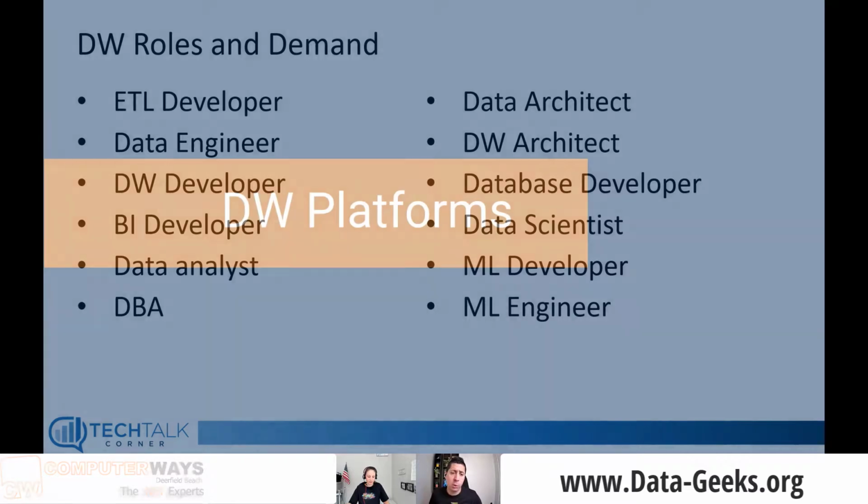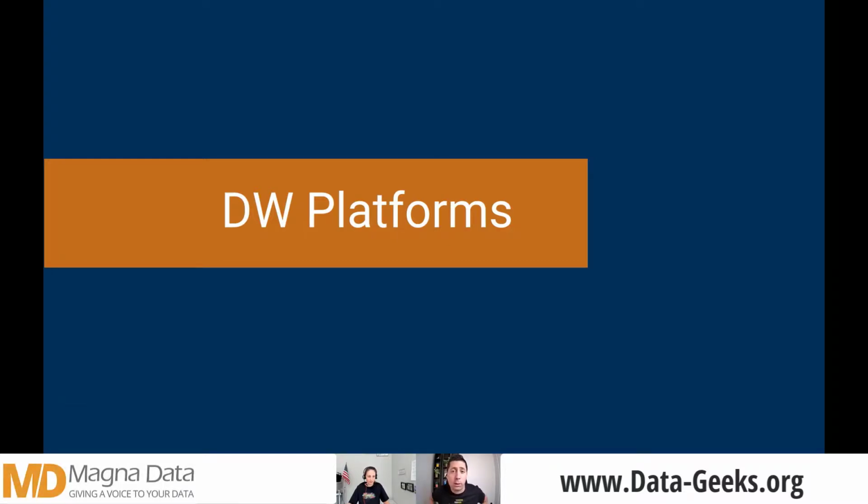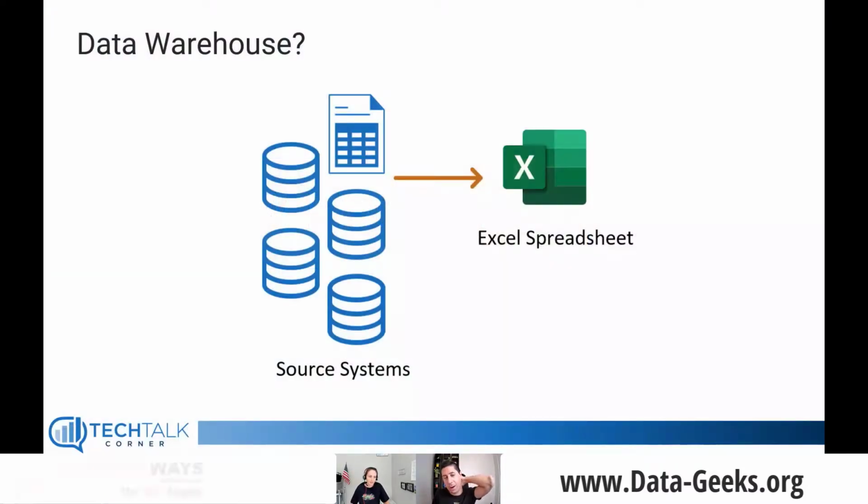Now, remember those 6 characteristics of a data warehouse? We have 6 different characteristics that can help us assess if we are building a data warehouse or not. So I put a few slides with different architecture examples, and we're going to go one by one using those characteristics. The first one is an easy one, right? Can we build a data warehouse in Excel? So let's go and assess it.